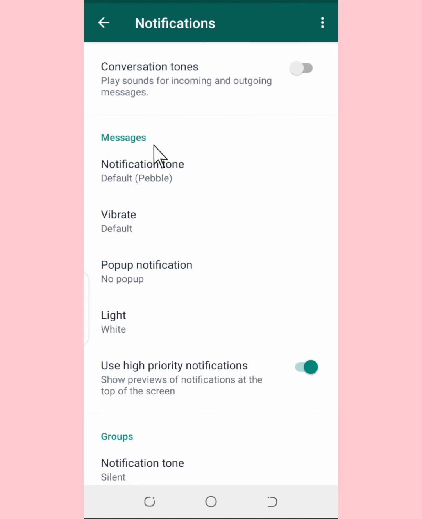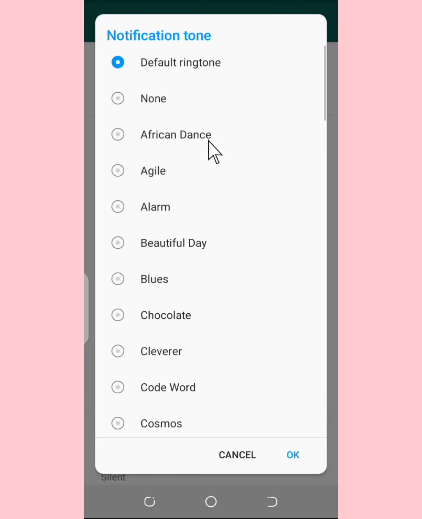It's on default message notification. That is if you want a notification tone in your message. If you don't want it, if you want silent, you can just tap on this and go to none. Once you go to none, you're going to turn off every notification.